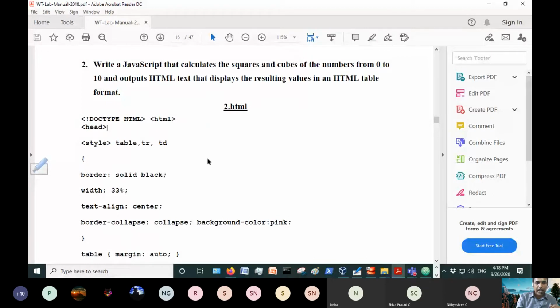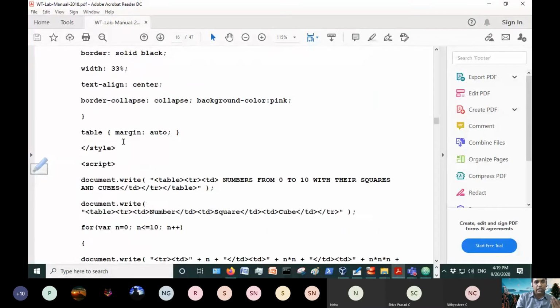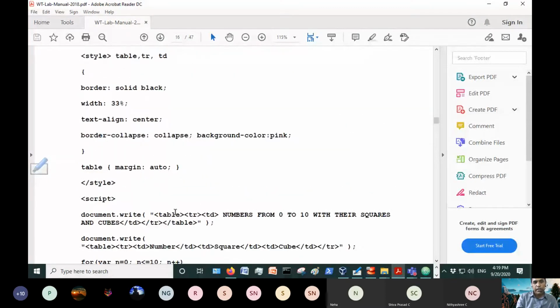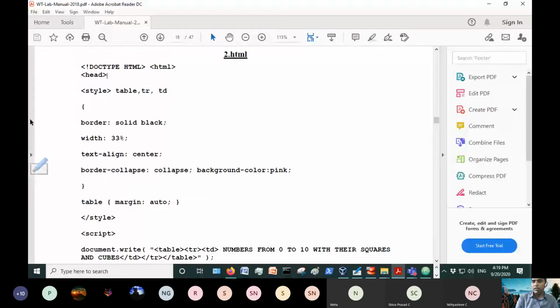I told you if the style is specified using the style tag within the head tag, then it is known as embedded CSS. That means the CSS is embedded. This style is applied to the entire HTML document. So the second program uses embedded CSS.